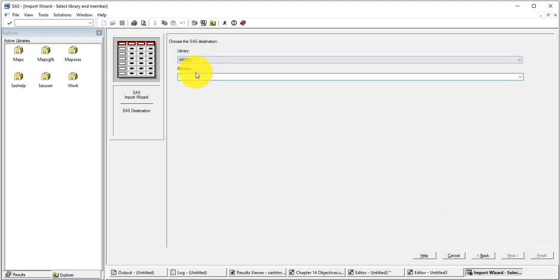We want to create a library. So this is just a demonstration data set, so I'm just going to call it demo. This is the library, and this is the name of the data set. So that's going to create the two-level SAS name. So at this point in the import wizard, I could finish, and it would read that data set in. And I'm going to choose next, however,